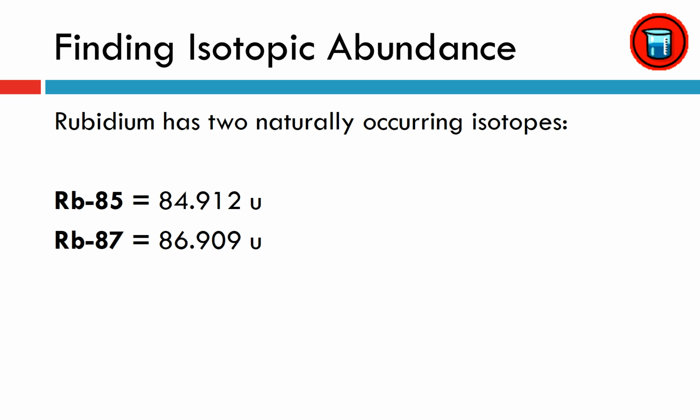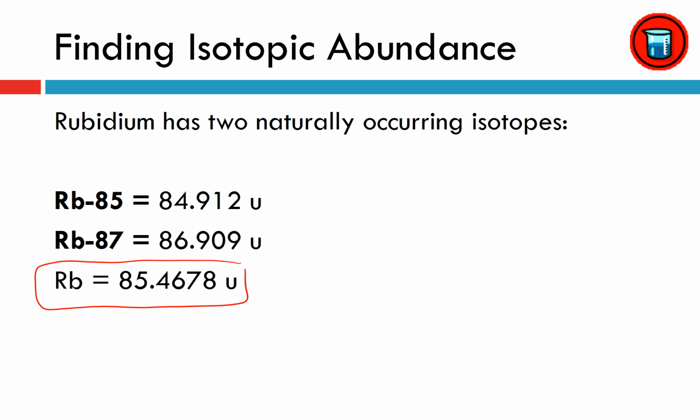Okay, before we can do much of anything with the information we're given, there's a third piece of information that we need to go look up. Hopefully you figured out that it is the actual atomic mass, average atomic mass of rubidium. So this number comes directly from the periodic table. From there, I know that I can take mass times abundance plus mass times abundance to get to my average atomic mass. I need to alter that a little bit, and I'm going to do that by